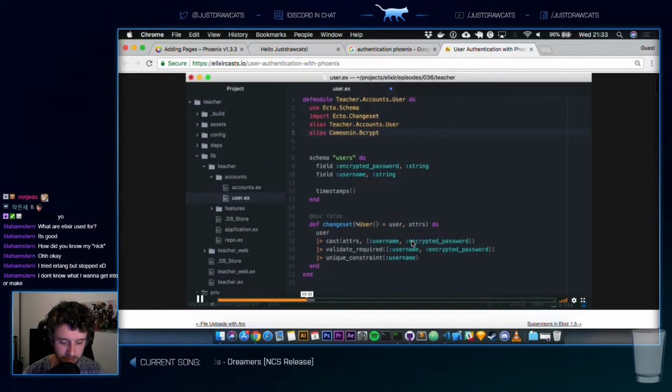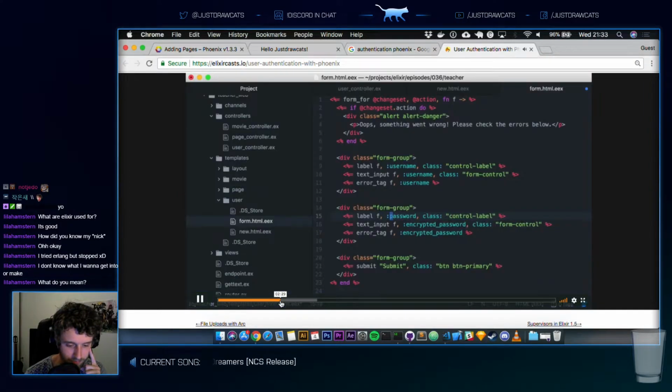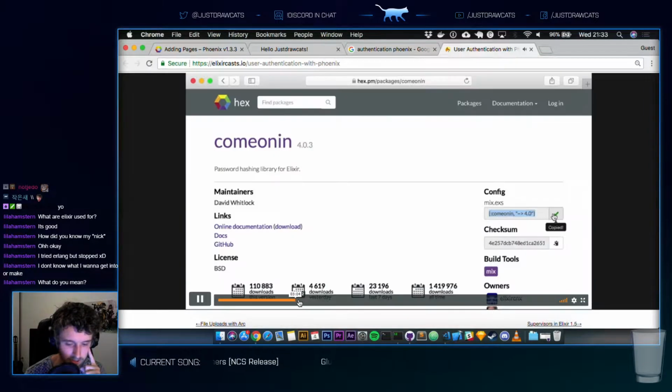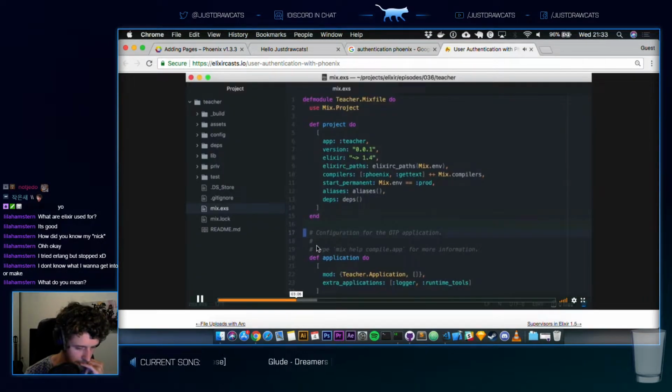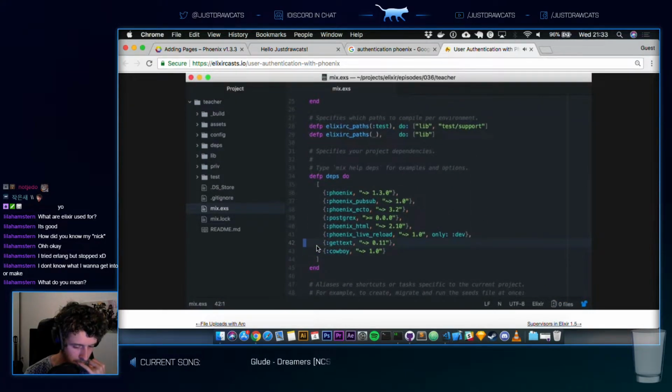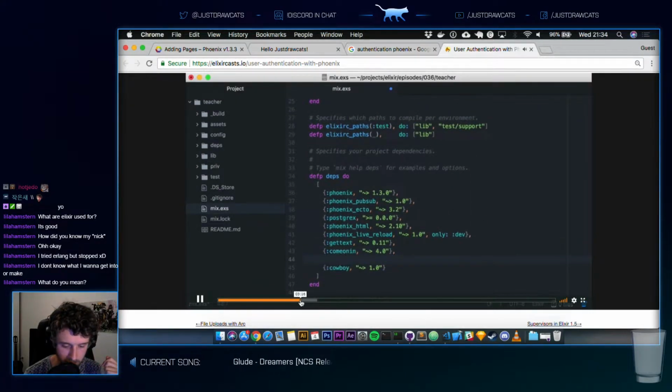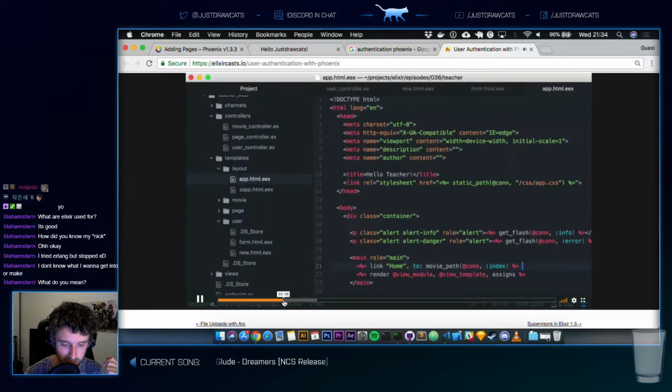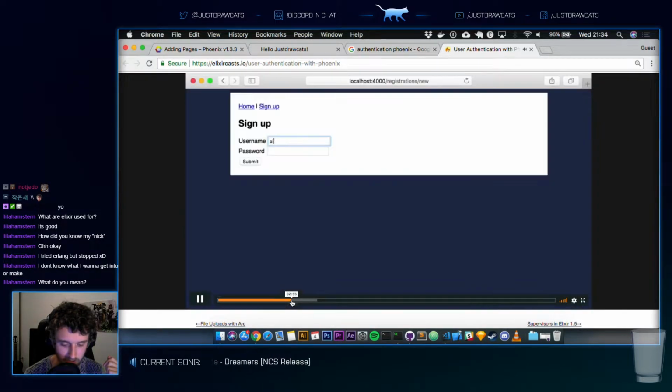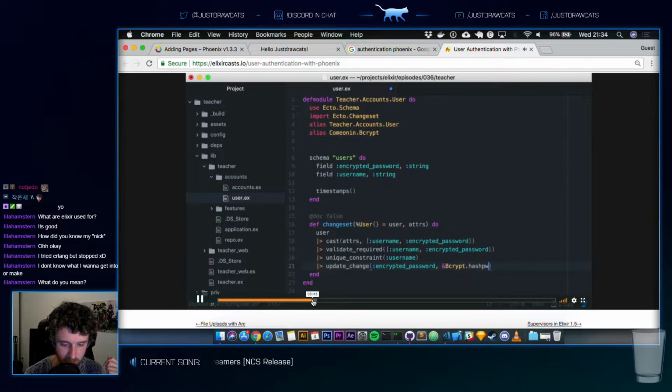So let's continue. So what does he do? So he generated a, oh, what is this? Password hashing library. Wait, we're gonna get rid of Bcrypt? I thought he just added Bcrypt. Oh, comeonin has Bcrypt. I see. So comeonin